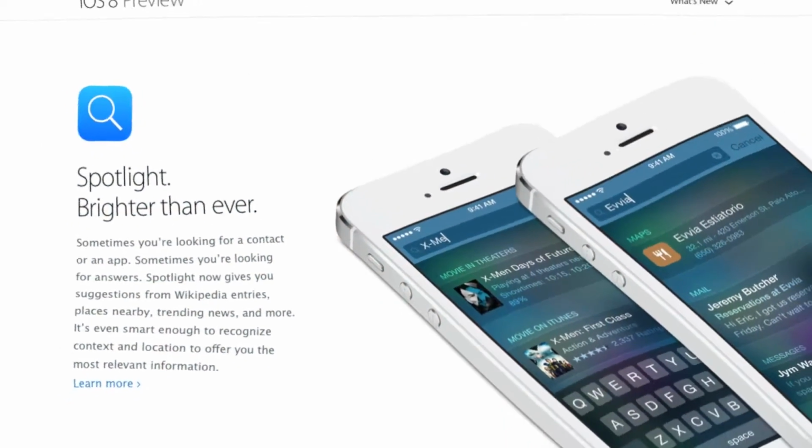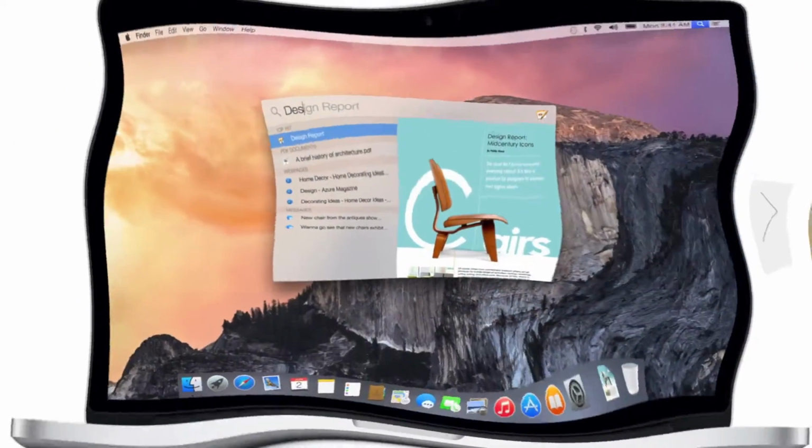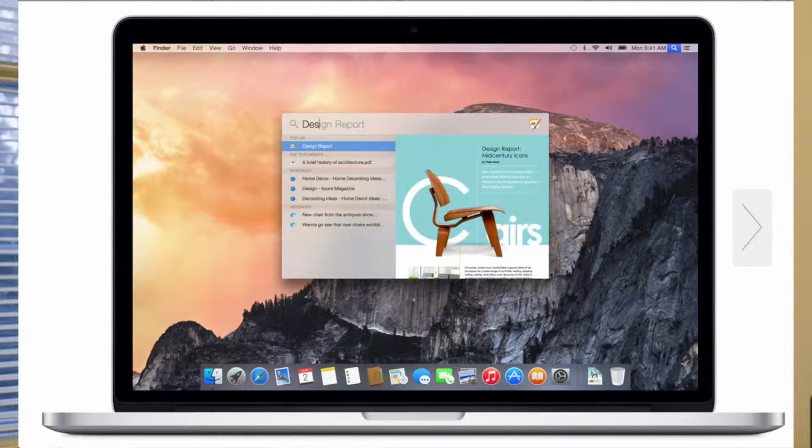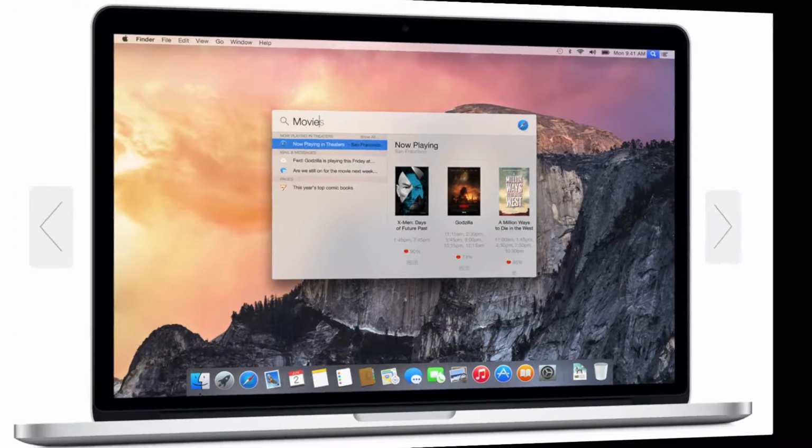And this is something that is really awesome. So Spotlight for years has been something that I don't really like to use. I think it's a hassle. I don't know why they put it on there, but now it allows you to look for Wikipedia results, movie theaters, basically everything Siri can do, except in Spotlight. It also looks up applications on the App Store, songs, things like that. That makes it extremely useful. Same goes for OS X Yosemite now. So that is an extremely useful feature. I'm so glad they added that. I think that'll finally get me to use Spotlight, which is very interesting.